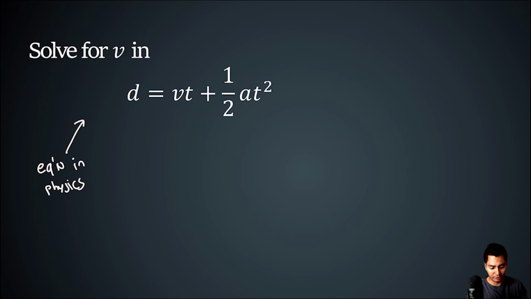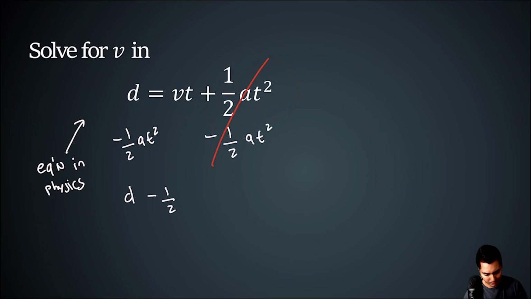So we need to solve for v, and we don't care what these other terms are. So I'm just going to group this entire term here and subtract this entire thing, minus 1/2 at squared. But remember, what we do to one side, we do to the other, okay? And so we can essentially cancel out this entire term there. Rewriting this out, this is going to be d minus 1/2 at squared on the left hand side